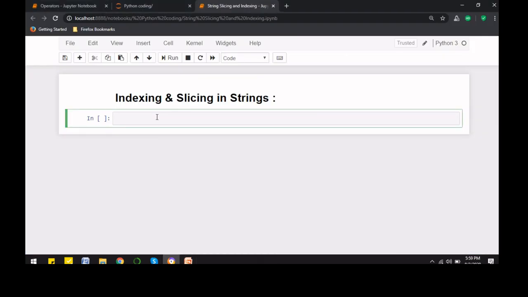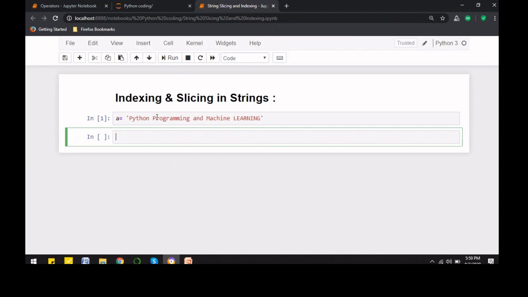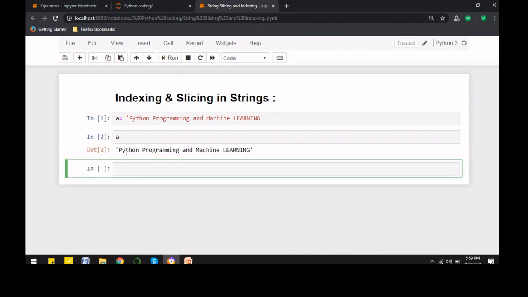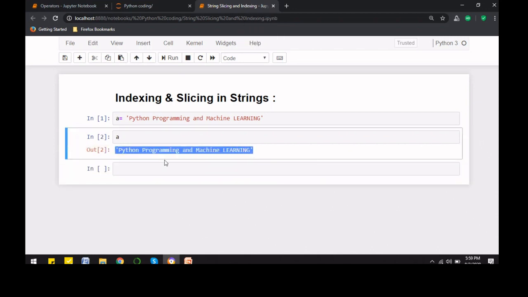Before starting this concept, I would like to explain a function that is very important to understand. I've taken a string, Python programming and machine learning, right? And if I try to access the value of a, it is the same string that we have stored here.